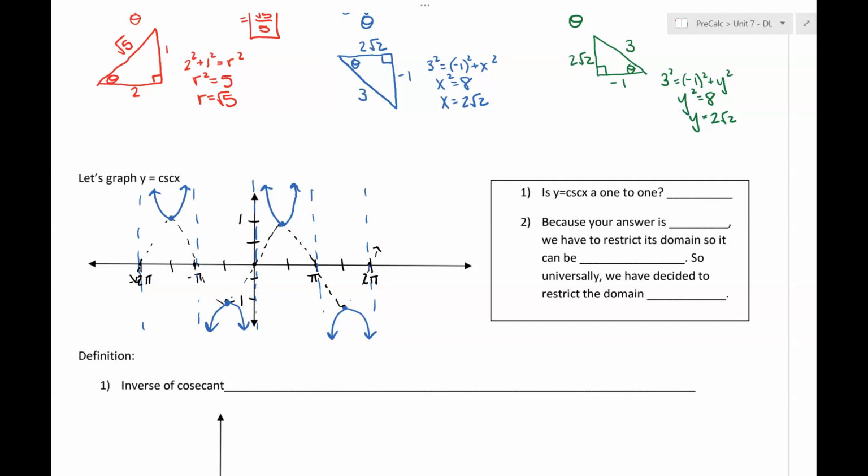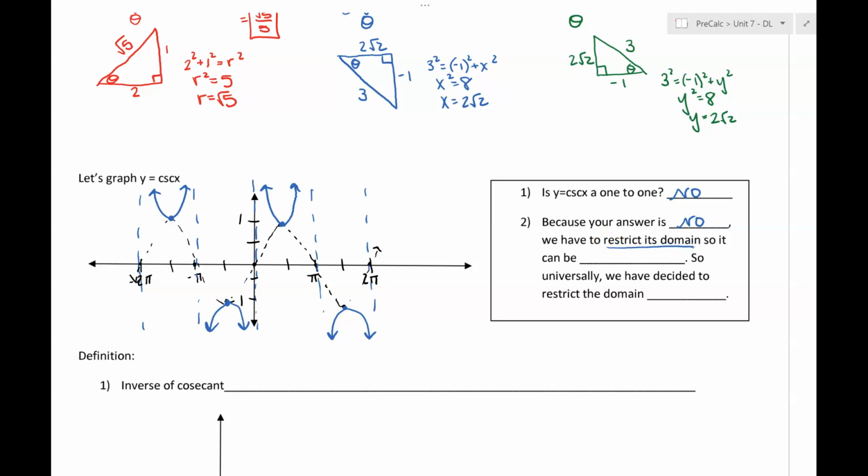Okay, so is cosecant 1 to 1? In other words, for every x, is there one and only one corresponding y? And then for every y, is there one and only one corresponding x? And the answer is no. Okay, and since our answer is no, we do have to restrict the domain because, as I mentioned earlier,